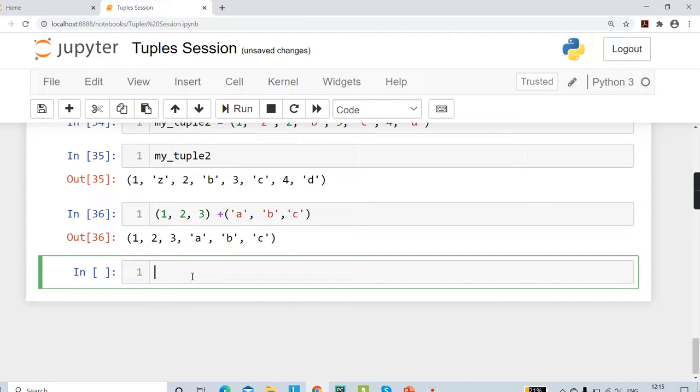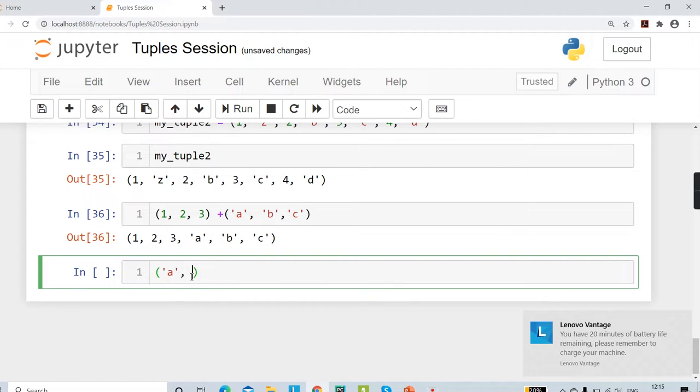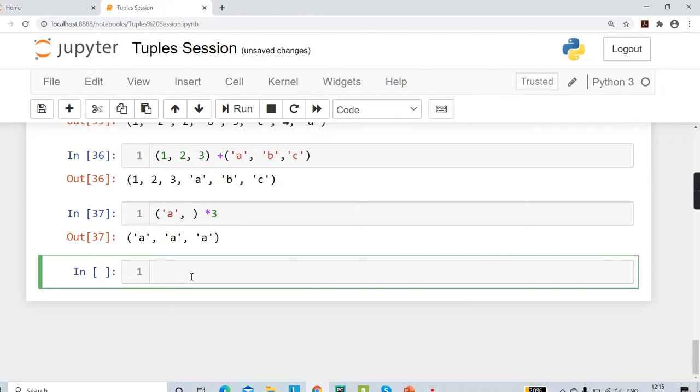Okay, similarly, if we want a single tuple and now we want to multiply it, that is, we want to repeat it some number of times. So let's say I have this alphabet A, and now I want to get a tuple having this element repeated thrice. So I can say multiply it by 3, and if I run this, I get that particular tuple. Well, this element has been repeated 3 times. Okay, now let's focus